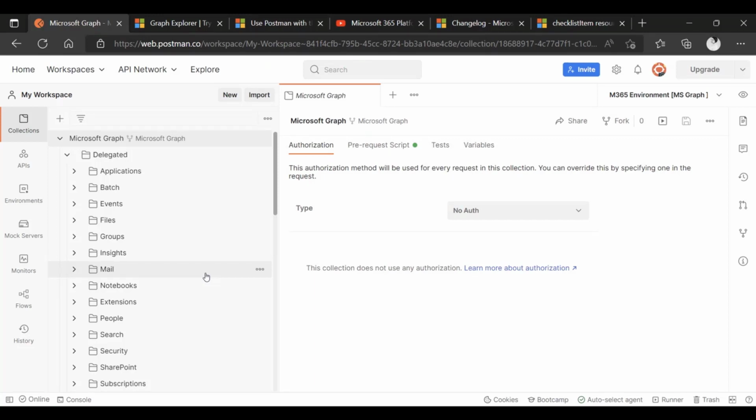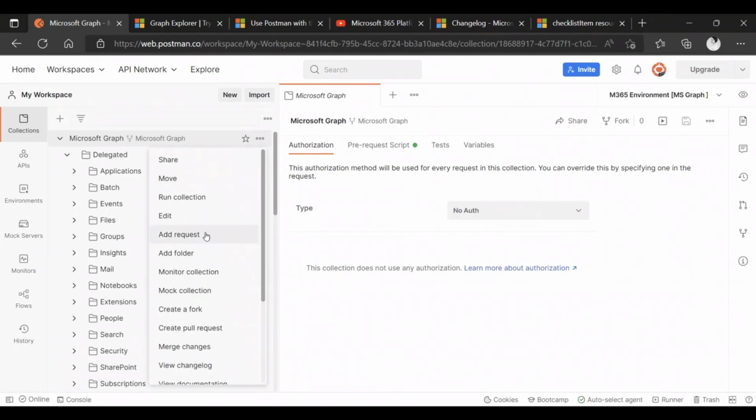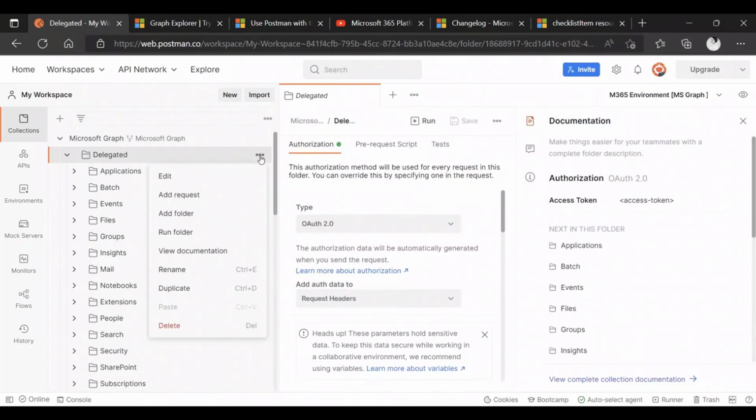But in case, for whatever reason, you might need to add another request to what's already available on the collection, that is actually possible. If we go here on these three dots, I guess it's known as the kebab menu, you can see among the things you can do with the collection is add a request. Now, my collection is nicely organized into folders, and I don't want to just drop a request anywhere. Luckily, you can do the same thing with any subfolder. So if I go to any of these subfolders, I can see that I can add a request.